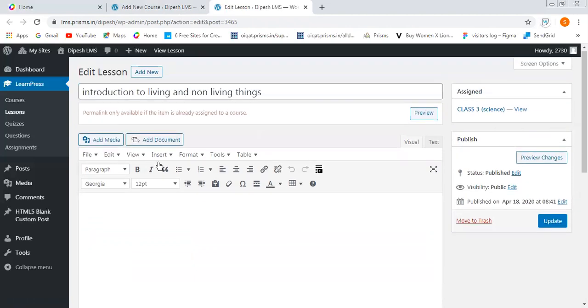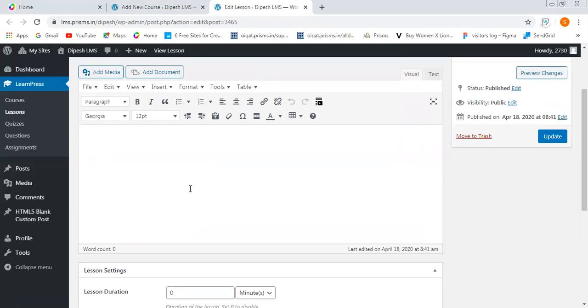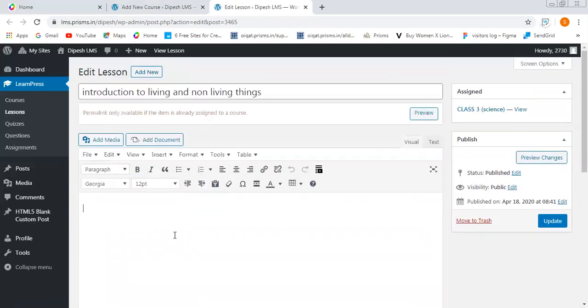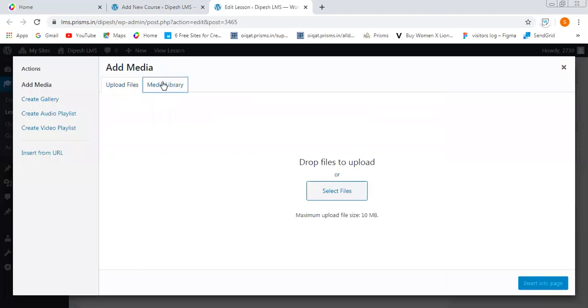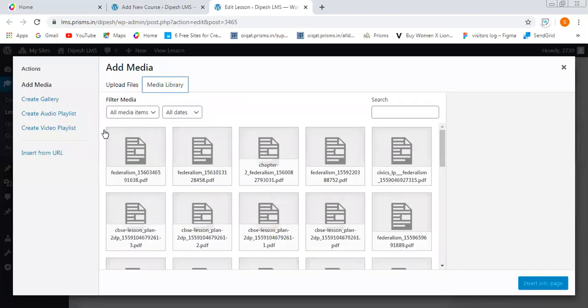Now if I want to add, you can add videos, you can add pictures, and if you want to copy paste material over here, you can do that as well. You can add any and all kinds of documents. So right now I'm adding, let's say, a video. You can upload a video if you have it on your device by dragging and dropping it over here and then uploading it via your media library.